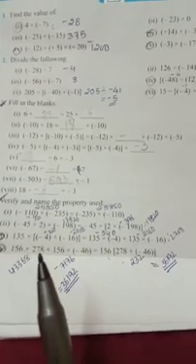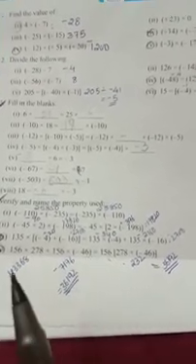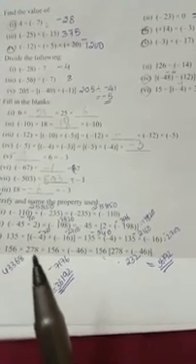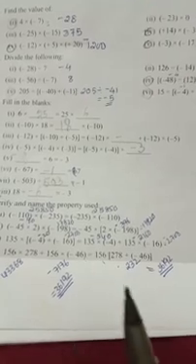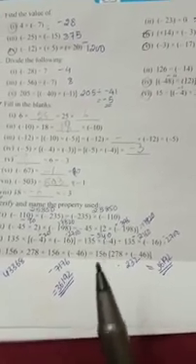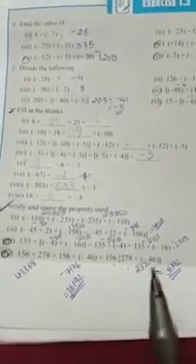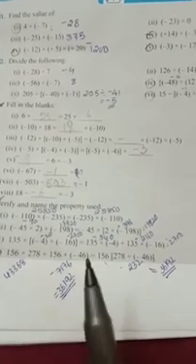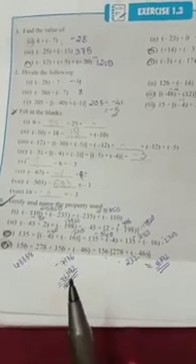Here 156 into 278 plus 156 into minus 46. 156 you are giving to 278. 156 you are giving to minus 46. So 156 you are taking common and rest of the number writing. This is distributive. One number giving to other numbers, that is called a distributive property. Solving, you know, multiply and add.